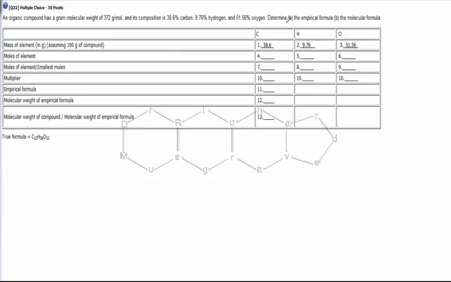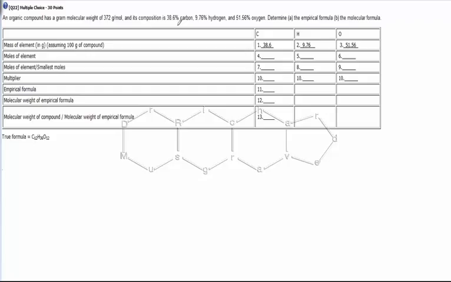So we've got a problem here asking for the empirical formula and the molecular formula, and we've been given the molecular weight, which allows us to get the molecular or true formula of the compound. We've got the percentages here, that'll give us the empirical formula. So we're starting out with the percentages, and we're going to assume we have 100 grams of compound,